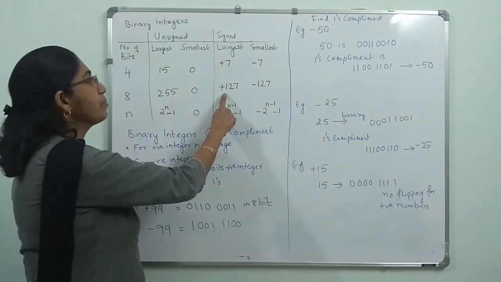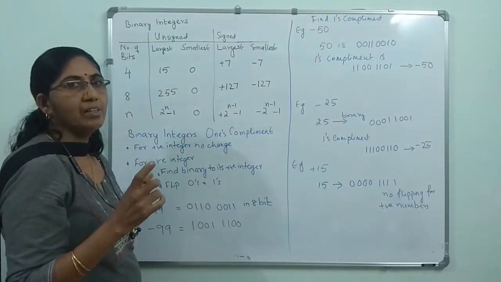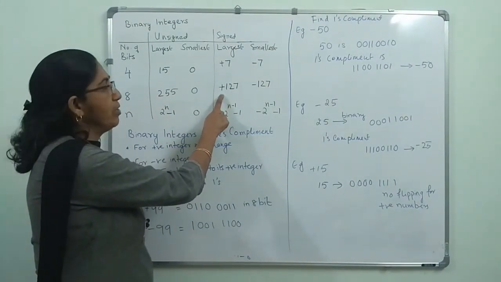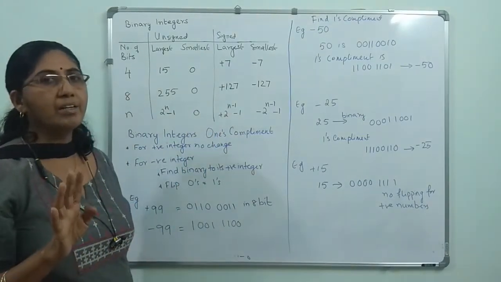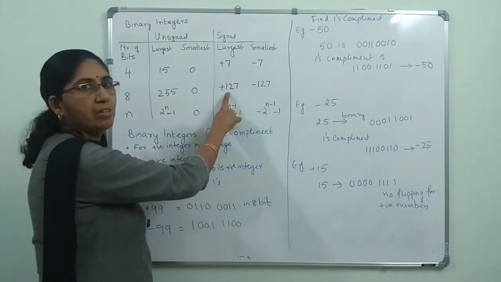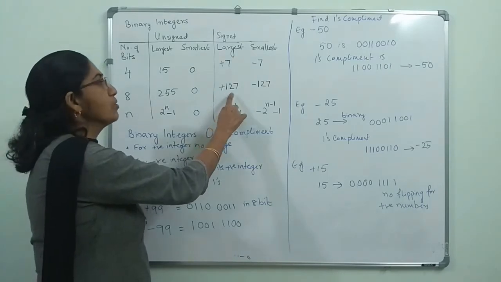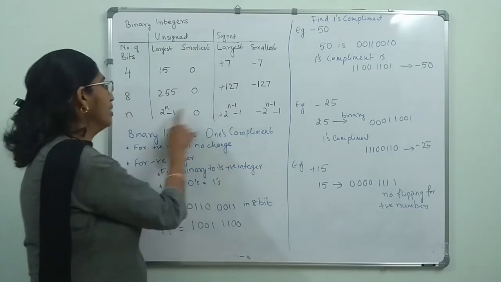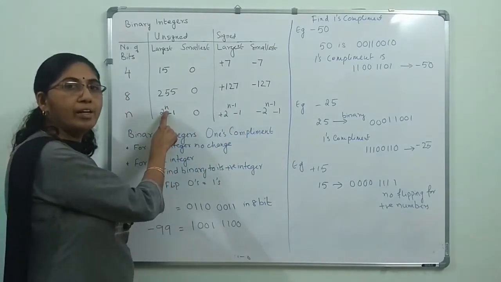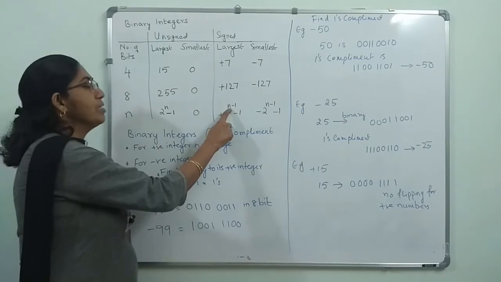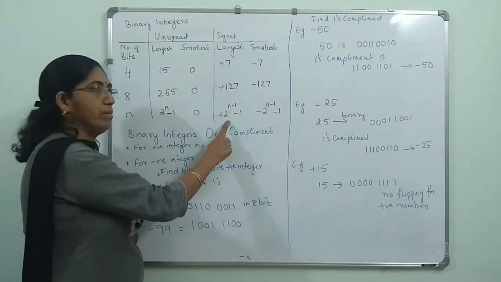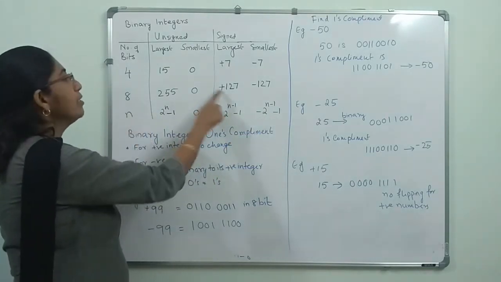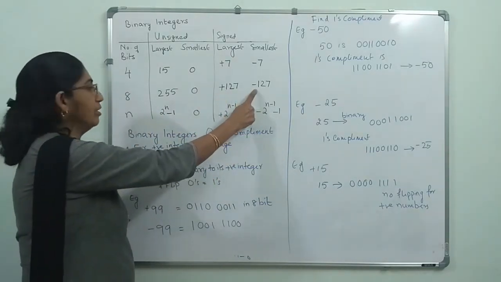And in the signed representation, again, the first leftmost place you are assigning for the positive or negative sign. So remaining you will get only 7 places to give the value to represent numbers. So the maximum will be 127. That is 2 raised to n minus 1, minus 1. Here it is 2 raised to n, because all the n you will get to assign the value, whereas here you will get only n minus 1 to represent that many numbers. But you can represent positive and negative numbers here. So in the 8-bit it goes from plus 127 to minus 127.